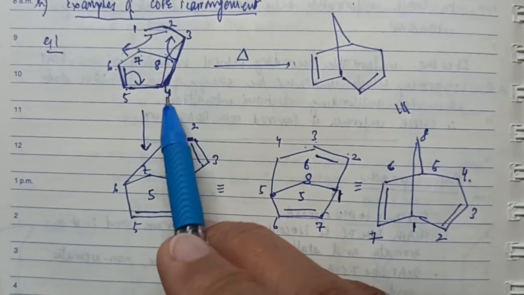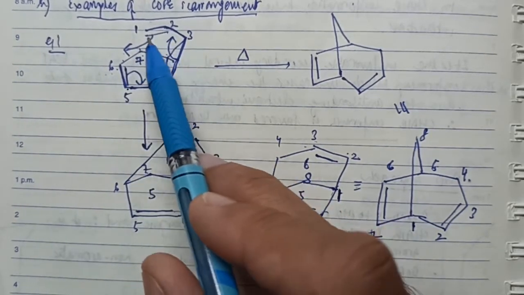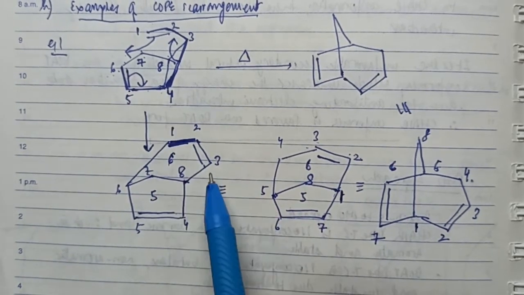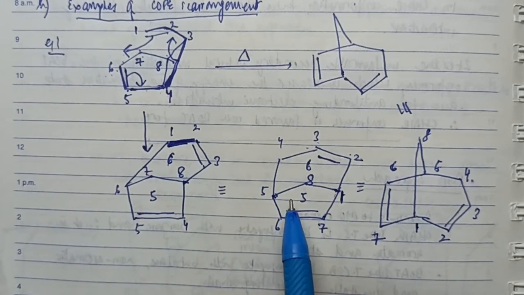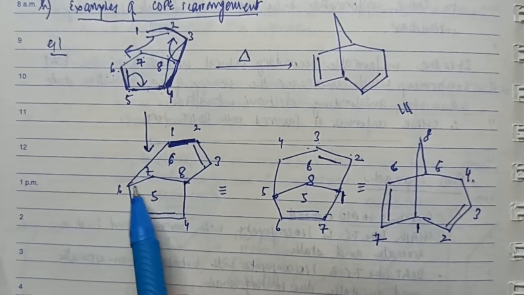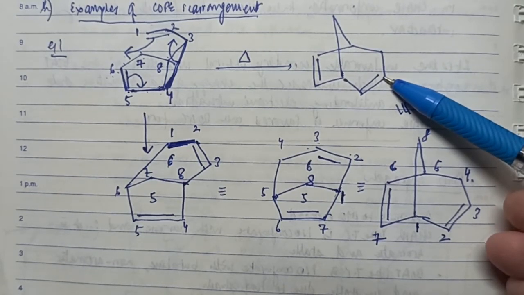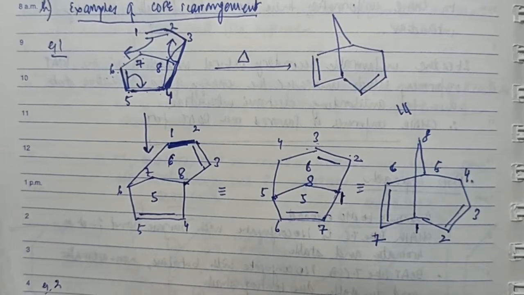Then I've given other carbon atoms further numbers irrespective of the fact that they are not following the IUPAC nomenclature. Once I've done this, then I have to break the 3-4 bond, I have to join the 1-6 bond, the 1-2 double bond goes to 2 and 3, the 5-6 double bond goes to 4 and 5. This is it. Once you follow this molecule, you end up in this structure. You write this structure properly, and using the bridgeheads, you end up in the formation of the desired product which we have obtained. Okay, let's take another example to substantiate what we are saying.